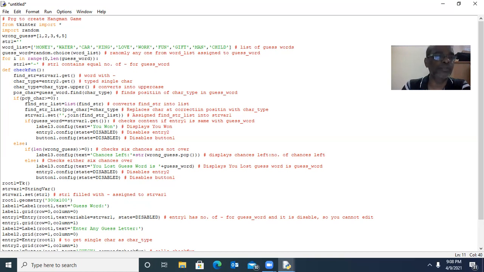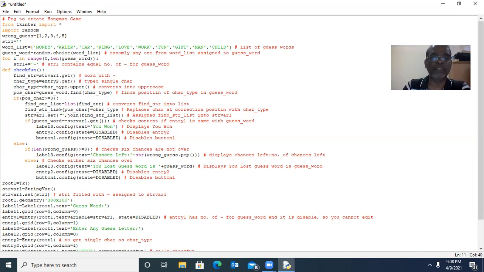If the position is greater than or equal to 0, that character is available in the guess word. Then find str, that is number of hyphen, will be stored into list. Then list position equal to char type. Whatever character you typed in entry 2 will replace the hyphen in the correct position.